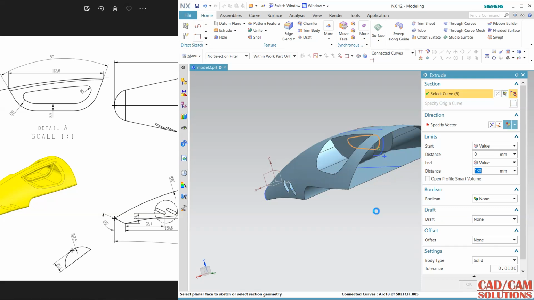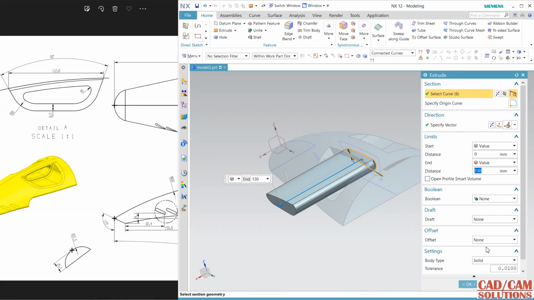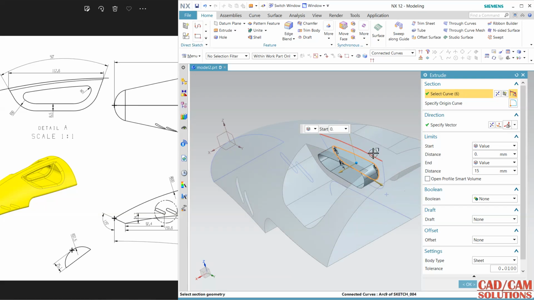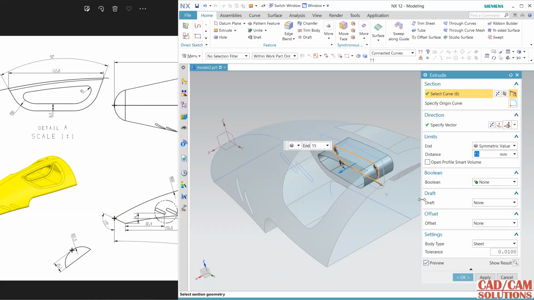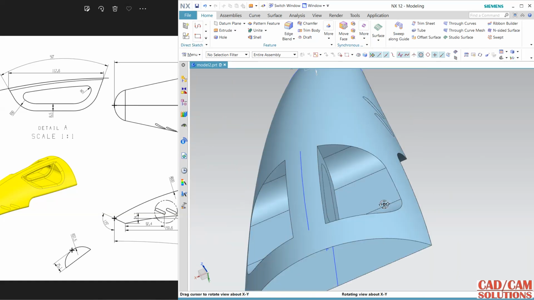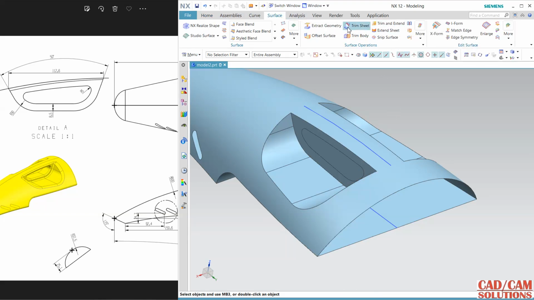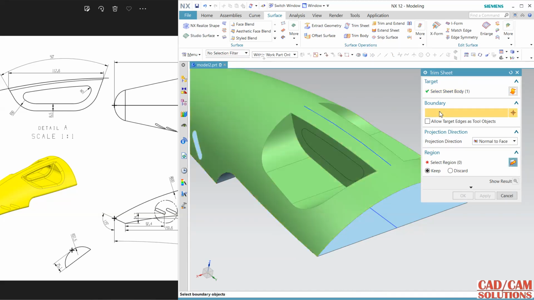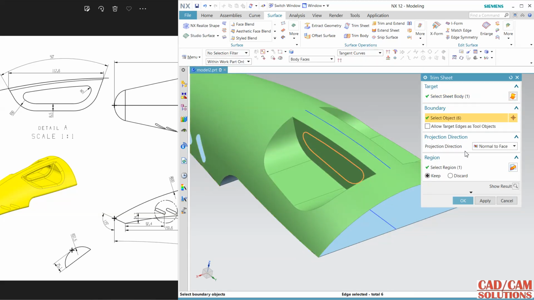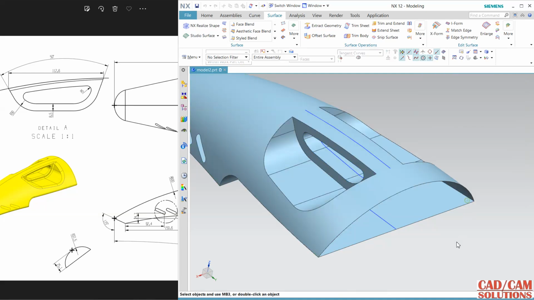And extrude this inner curve, and in surface, so change it to surface, and it will start from 0 up to 15 only, okay, and use symmetric, so both sides it will come like this, see, now it is easy to cut it, so I'm using trim sheet, select it, and the boundary is this curve, and preview, okay, it will cut.